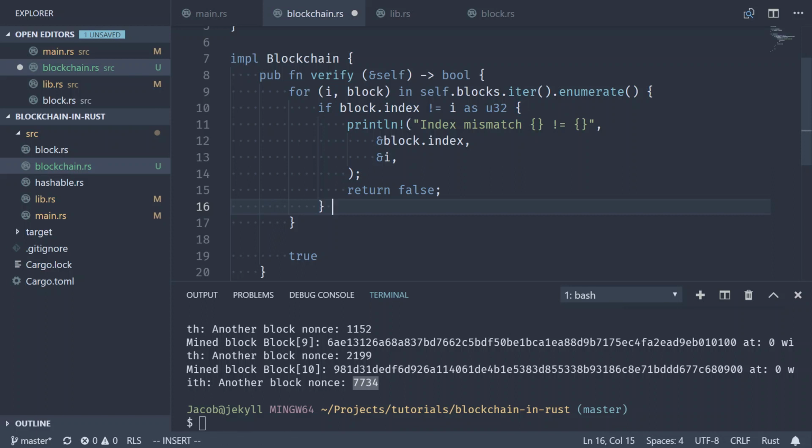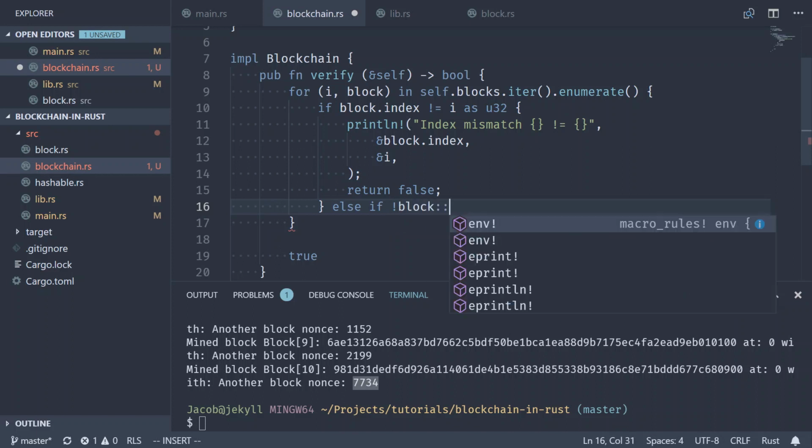If the index that the block claims to be located at is not where it actually is located, it fails the test. All right, else, what is our second test? It would be matching difficulty. So else if not block check